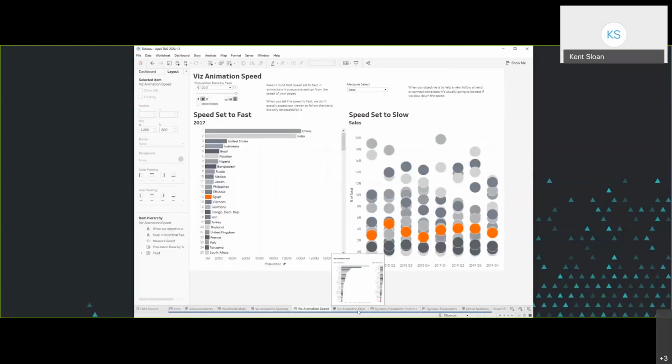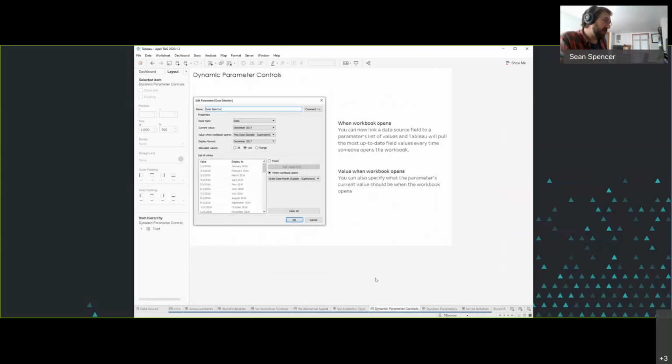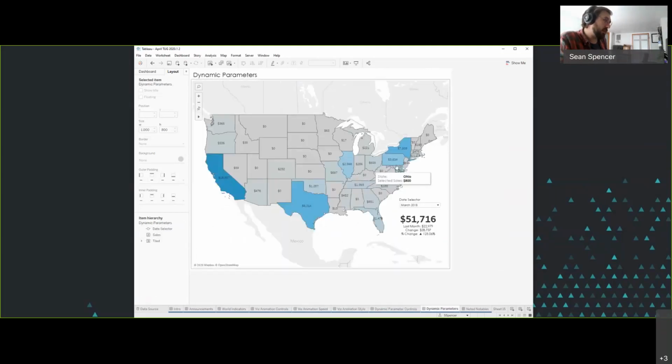I feel like we've got 2 questions around dynamic parameters on the server. I've not used them in a server environment yet. I guess it could be a good way to spend my time to try to push up this dynamic parameter workbook and see if I can replicate some of the same things that you guys have in the Q&A.